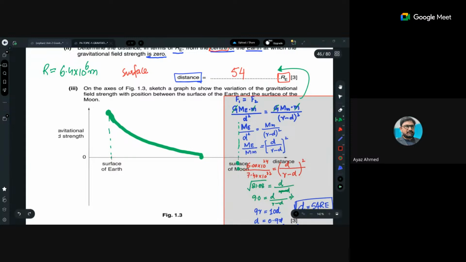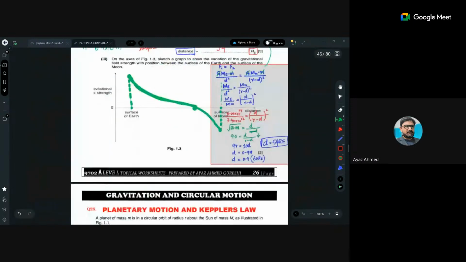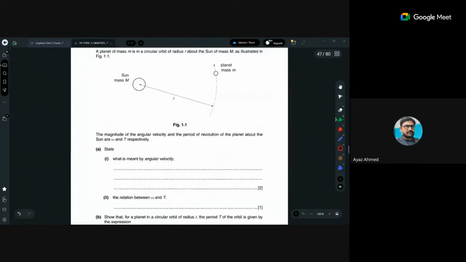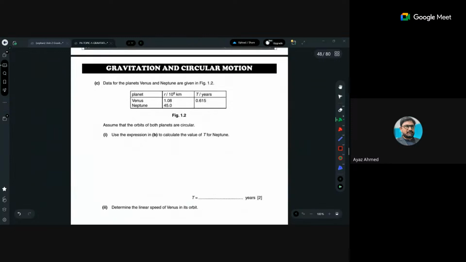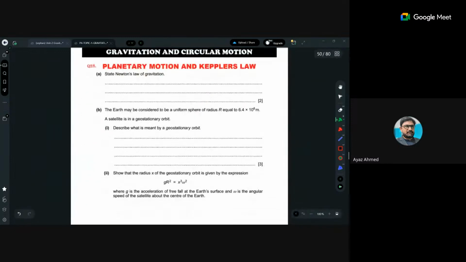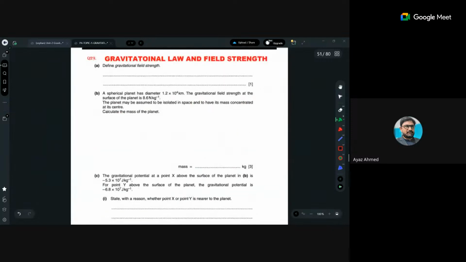ये surface है ना moon की, तो moon की surface पे gravitational field strength will be less, so your graph will be something like this. Okay, is it clear to all of you? Yes. So these types of questions are there which are basically coming from those derivations or calculations that I have told you. ठीक है? ठीक है।